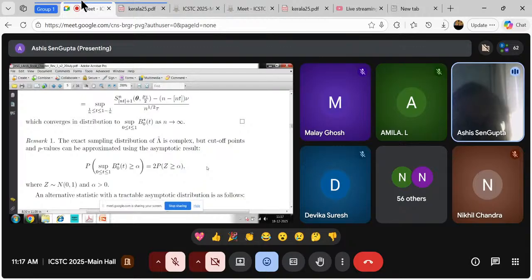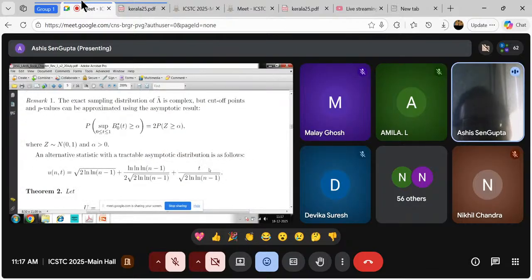It might have been used somewhere else, but we have not seen this. And this will be something that can be used for a large sample. In modern times, with big data, I think we can look forward to having a moderate sample size. We will see if that works. An alternative to this is the acceptable asymptotic distribution given by